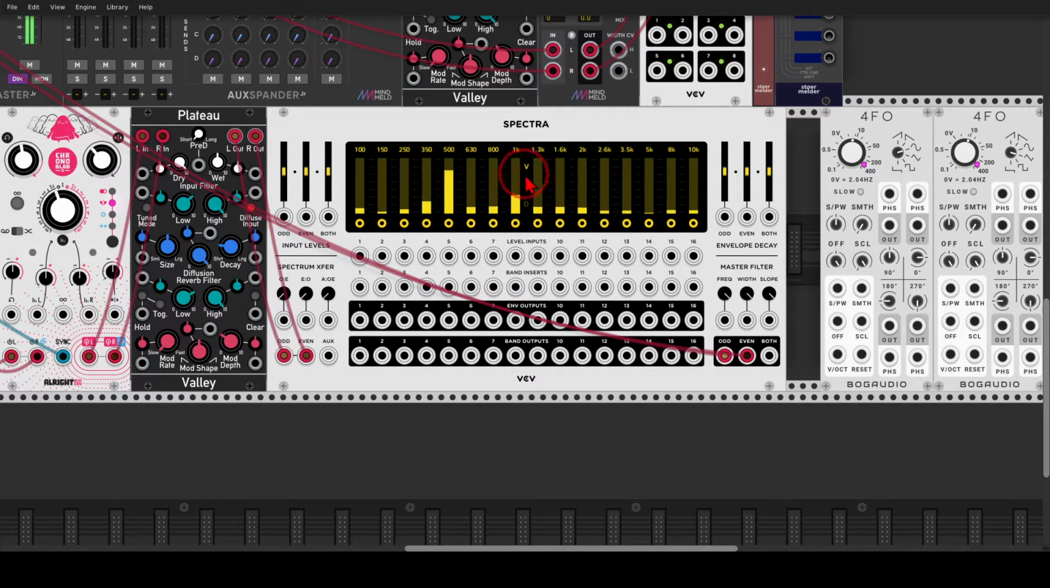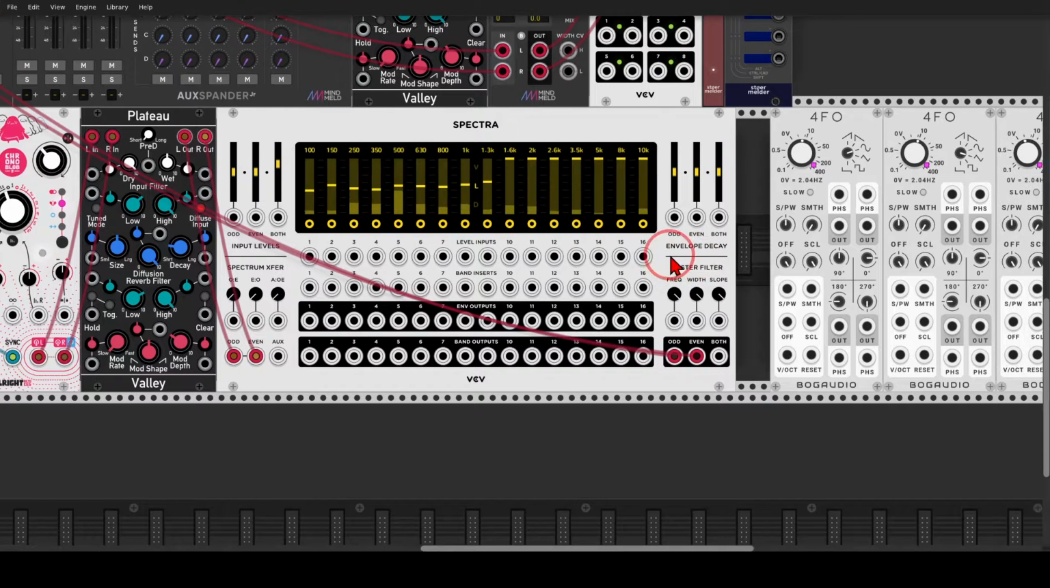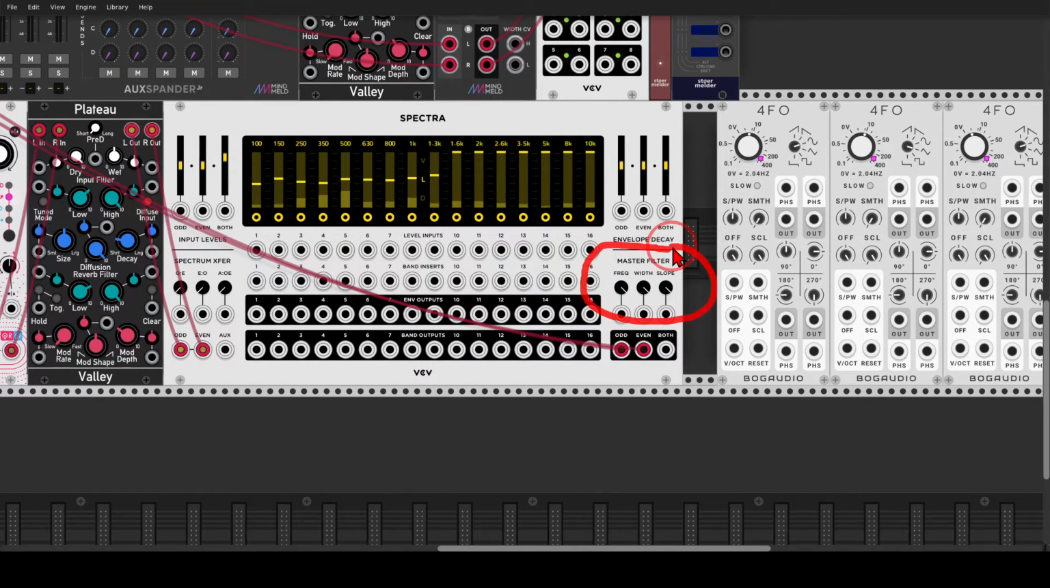And as we've seen before, we can change the levels of the individual bands. So I can do something like this, for example, take the lows a bit down, then take both a bit up. Something like this. And then here in this section we have the master filter, so I can change the frequency